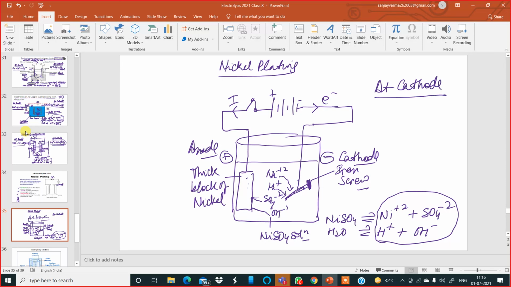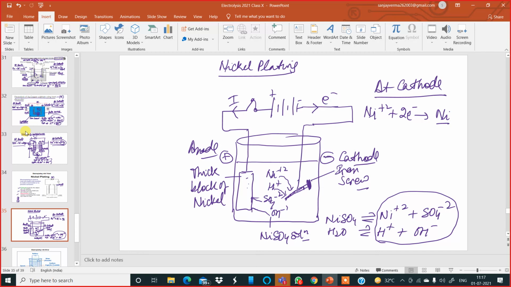At the cathode, between nickel and hydrogen ion, there is a tussle. Who will discharge? According to the electrochemical series, it has been found that nickel discharges because its relative position in the electrochemical series is lower than hydrogen. That's how the nickel ion takes up 2 electrons and becomes nickel metal